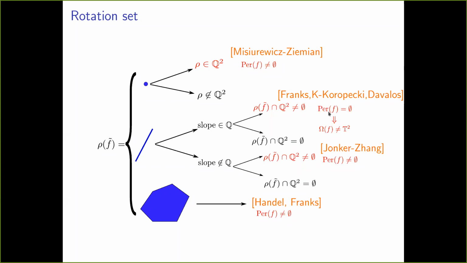Well, the idea is that if you have a periodic point free homeomorphism with such a rotation set with rational slope and rational points, then the non-wandering set cannot be the whole torus. This was proved by John Franks in the case of area preserving homeomorphisms. We extended this with Andrés Koropecki to the non-wandering case. And Pablo Dávalos, in his PhD thesis,